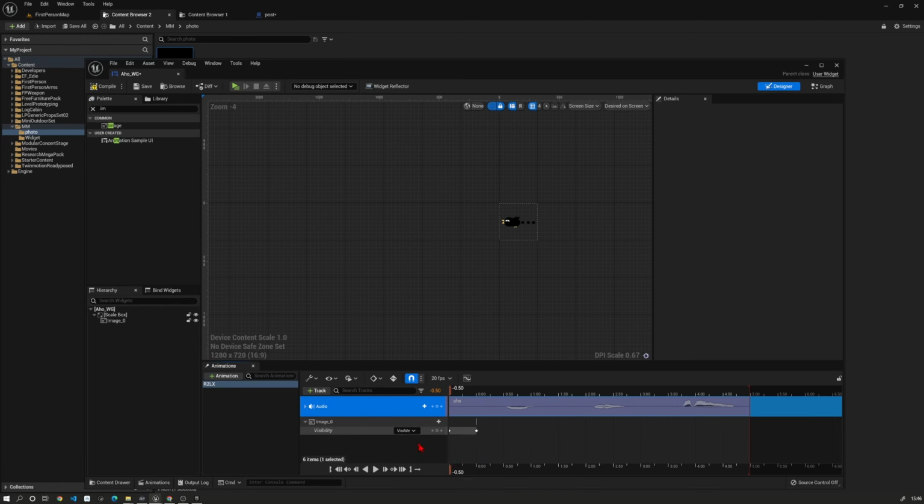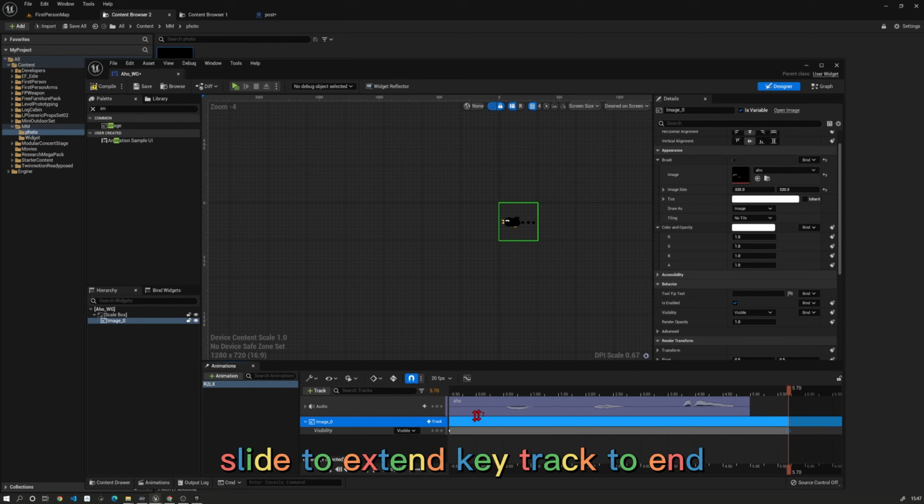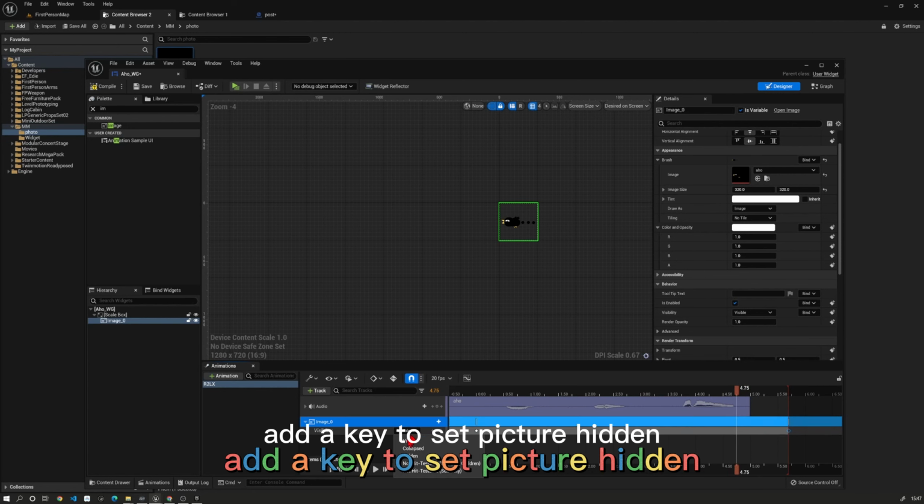Slide to extend the key track to the end. Add a key to set the picture hidden.